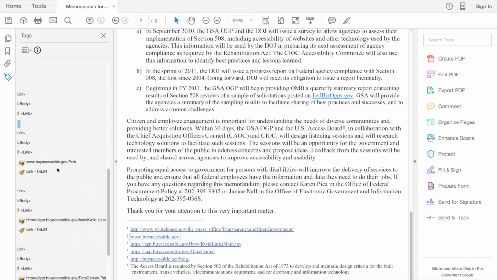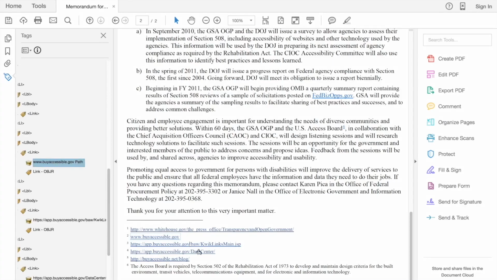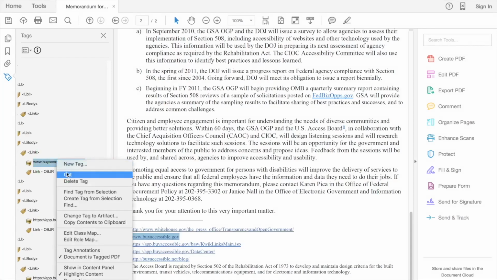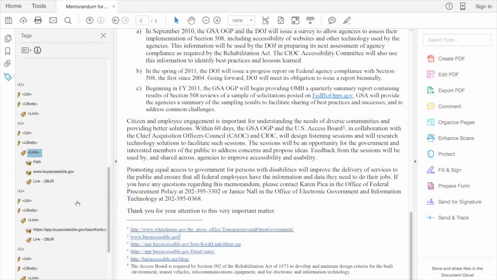The next list item has a path inside its actual content, so it's going to be a little tricky to take care of. Select the bankers box with the culprit path shown in the content, then find the text that's highlighted in the PDF. Position the cursor after the text and select a URL so it doesn't activate the link. Back in the tag tree, right-click the bankers box that is now grayed out and choose Create Tag from Selection. The path receives its own bankers box, so now we can get rid of it.